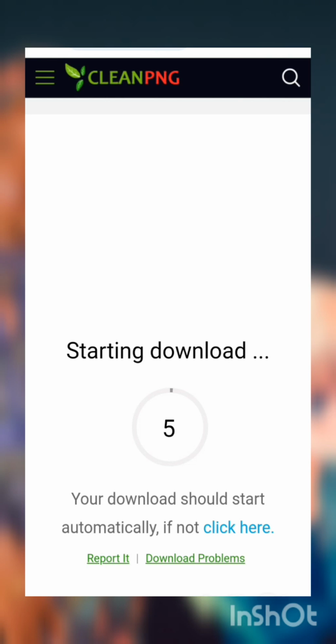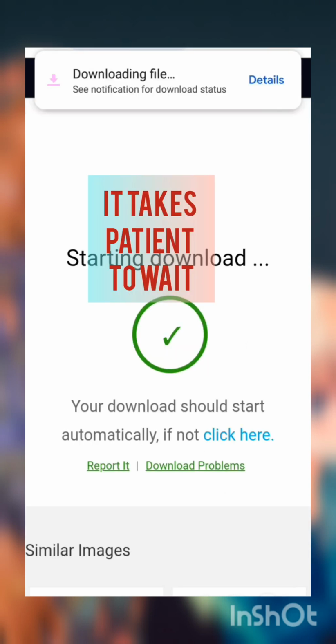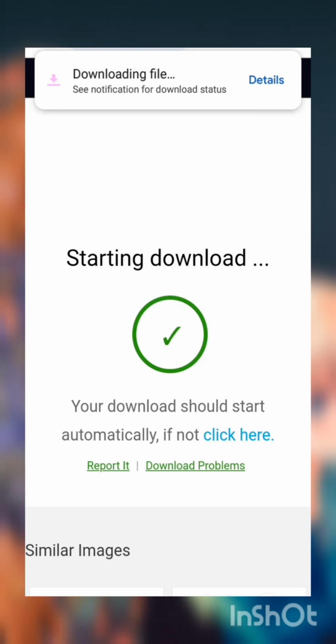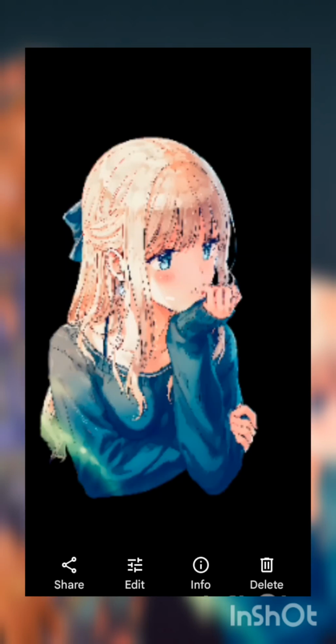After it has finished downloading, we can use it to perform a specific task. Then we can bring it to our project. It says starting to download, while you can see the option here, see notification for downloading status. Here it is. Let me click there so we can view it properly. Yes, it is downloading. I think we'll go to our downloads to find if we can get it there. Picture. This is the PNG downloaded from the website